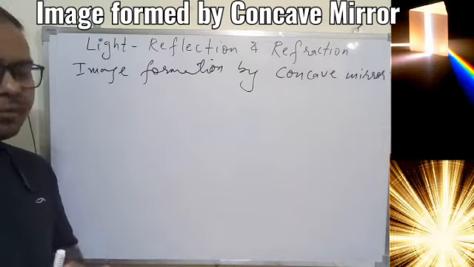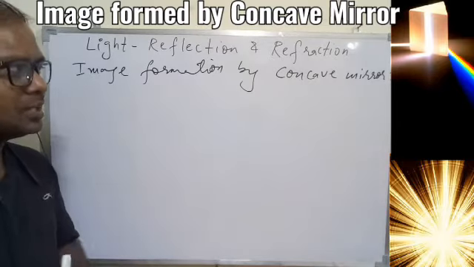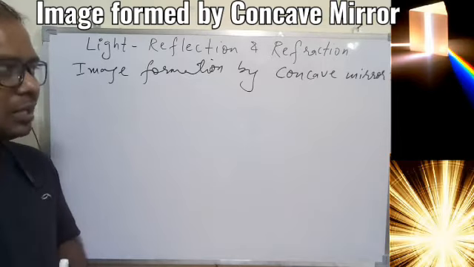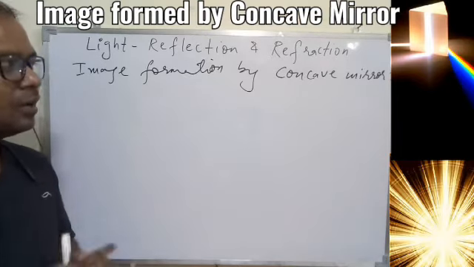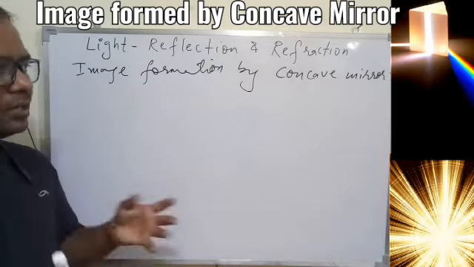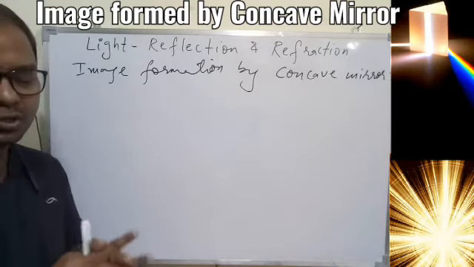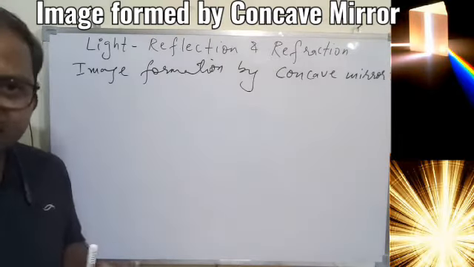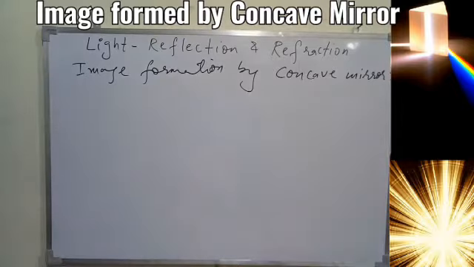We understood the meaning of ray diagram, that is, for the object we are going to find out the image position with the help of the rays of light coming from the object, falling on the mirror and getting reflected back, and all things will be done with the help of the rules that we understood in the previous class. So I hope you'll find interest in the class, plus you'll be able to understand as well.